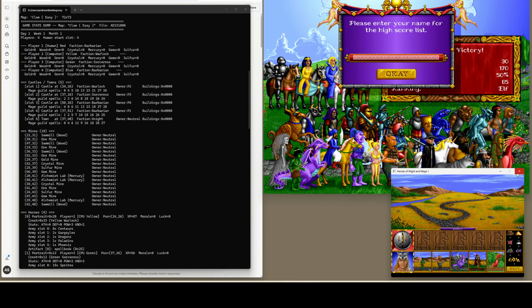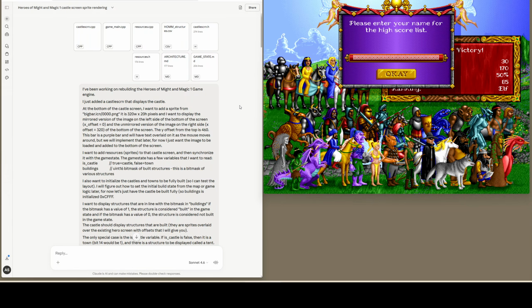So this was the initial state when I started today. This here is what I put into the AI. I've also recently gone through, in one of my previous videos, I guess I would call it my most boring video, and broke up my game main C++ file into a number of different smaller files that were each a little more focused on a certain